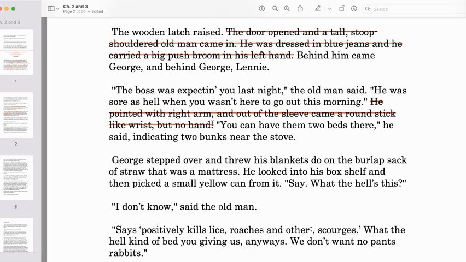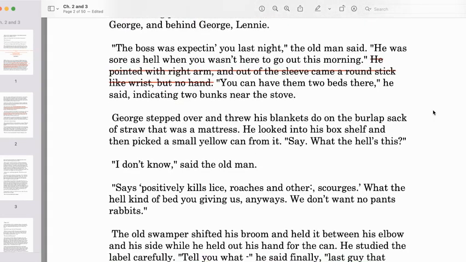So you've got an old guy wearing blue jeans, and he's got basically one arm and the other is a stub. I'll have to read on to get his name, and when I do get his name, I'm going to put it in the margins. And I know that his name is Candy. So I would annotate and put that in the margins.